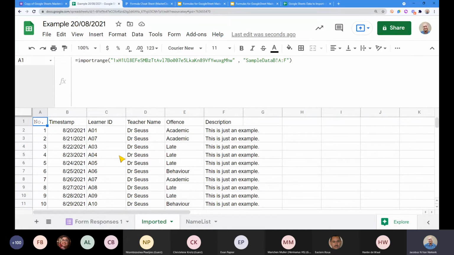And anything that needs to use those names, rather than copying and pasting, just imports that data from there. Why this is so cool is that I can make one change on that list, and it is reflected on every other sheet that I use learner names on. Now that comes with its own set of challenges, of course, but it's quite a nice way to do it.